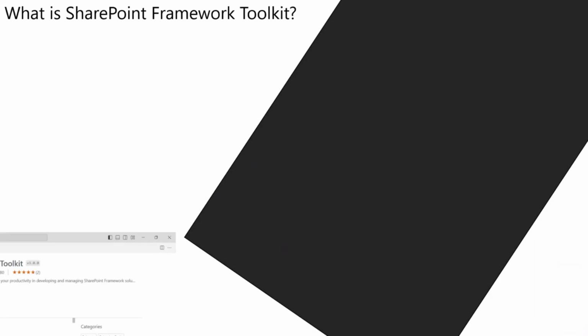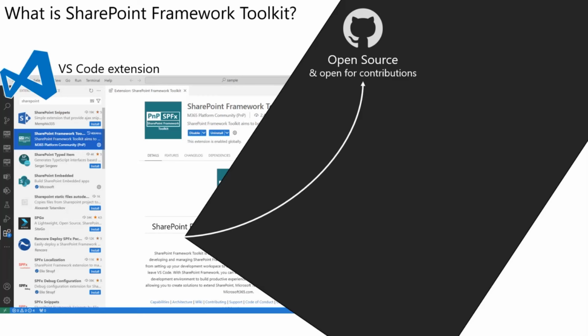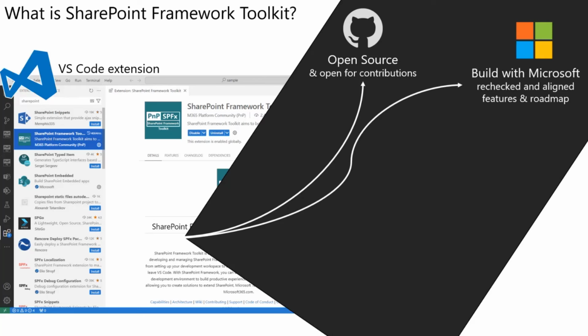Okay, let's move on. And what is SharePoint Framework Toolkit then? This is a VS Code extension that you can download, of course, from the VS Code Marketplace. It's open source and open for contributions. We have a lot of currently smaller features you can contribute to and help us improve this tool and build it together. It's built together with Microsoft. So the bigger features we include in this tool, like for example, the ones we included in the v3 release, which I will be presenting today,